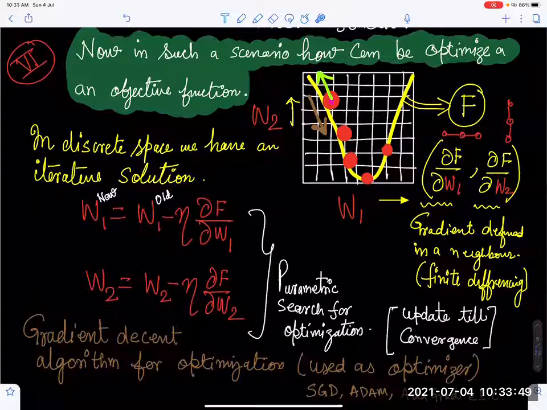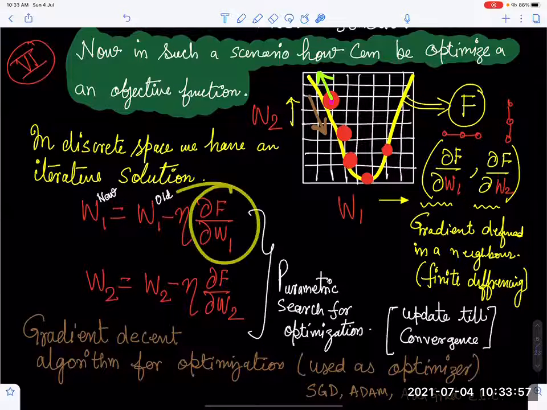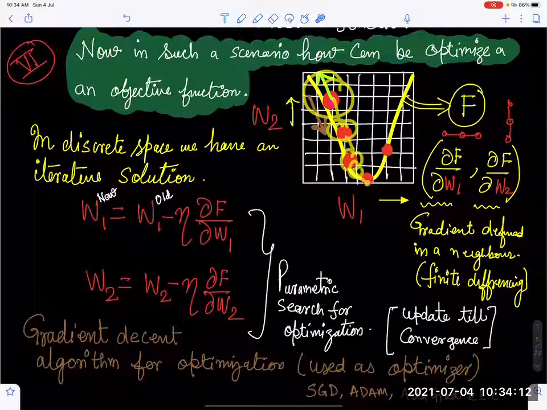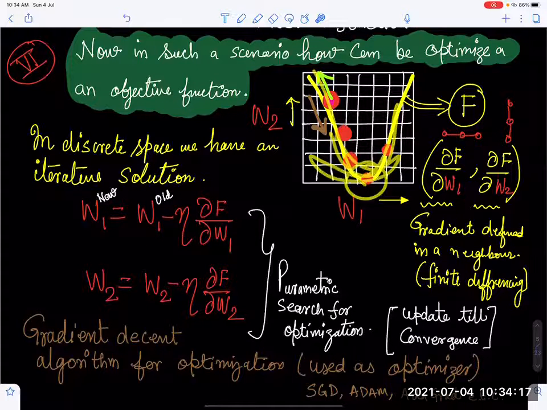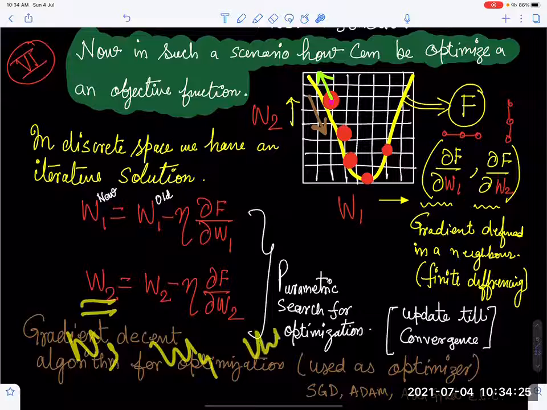You need to know 2 things: where you are, and what the derivative direction is. You just need to move in the reverse direction of that derivative, but not very fast, because this derivative may be very high. If you go very fast, you will not be in a position to stop and will keep on oscillating. So if you have variables W1, W2, W3, W4, W5, W6, and so on,